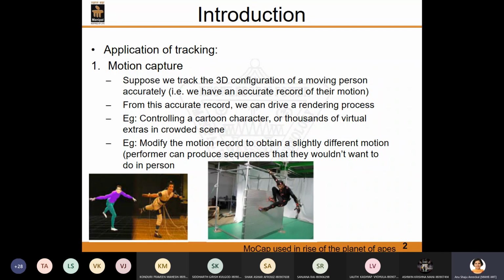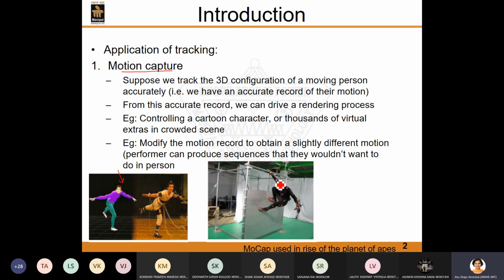Now let us go to some applications of tracking. There are some very interesting applications for tracking. One such application is motion capture. What motion capture means is, for example, let's say you have an animated movie, and you have an animated character in that movie, and you want to create some kind of motion, for example some stunt scenes, which you want to incorporate on this animated character. One thing which is done, with the help of this object tracking concept,